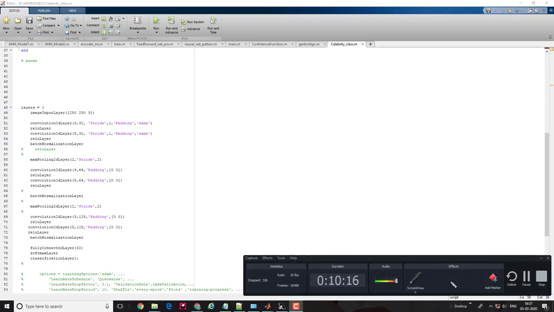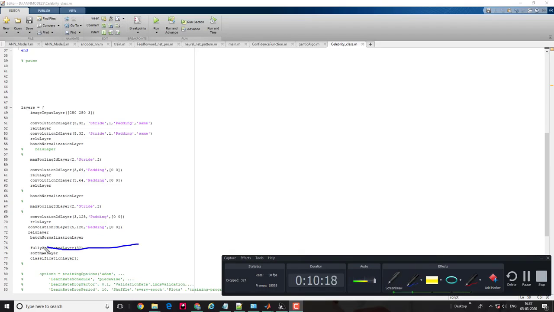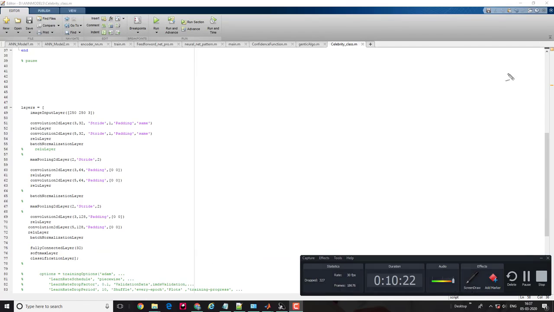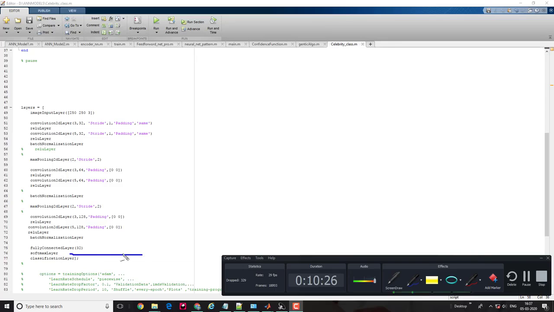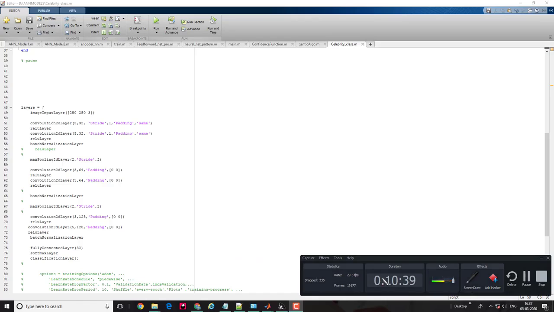Finally, for the classification layer, I have applied the flatten. The dense layer, you can understand the theory of it in the MATLAB help section. Now the softmax as an activation function and the classification layer shall be applied at the end of the layer vector. This is all about the convolutional deep learning neural network.